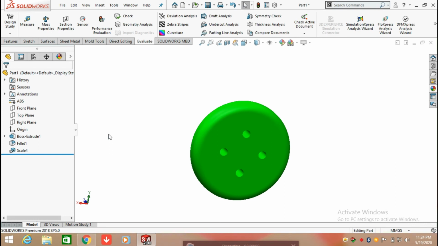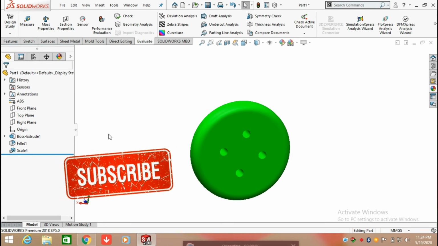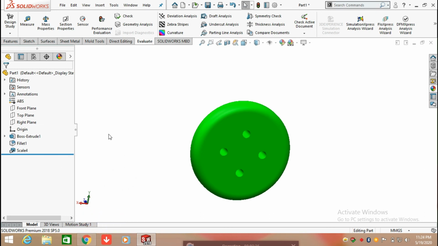When we create any part with the help of a molding process or casting process, we need to heat up the material to make the desired shape of the body. When the cooling process takes place, the material is going to shrink. So when we create any part in SolidWorks, we need to increase its size as per the scaling factor of the material to obtain the real size of that object. So this is basically the use of scaling in SolidWorks.